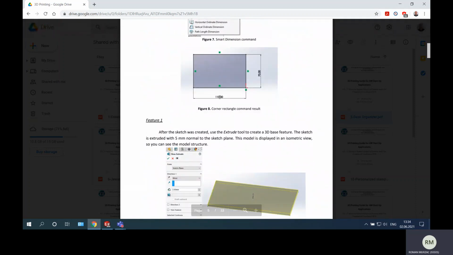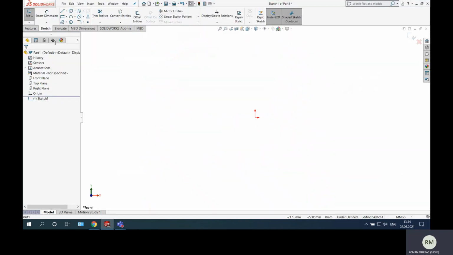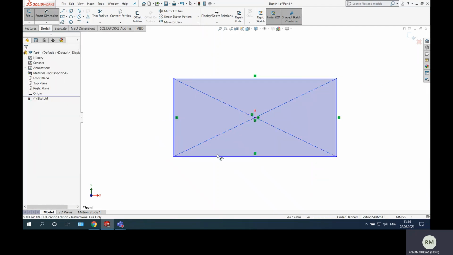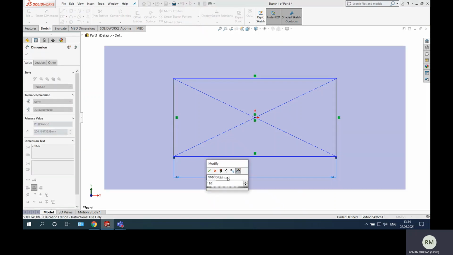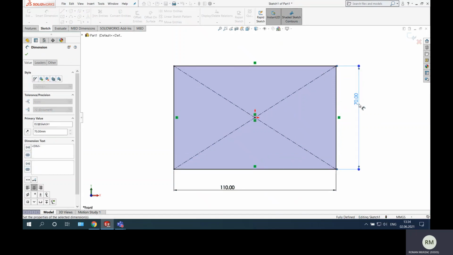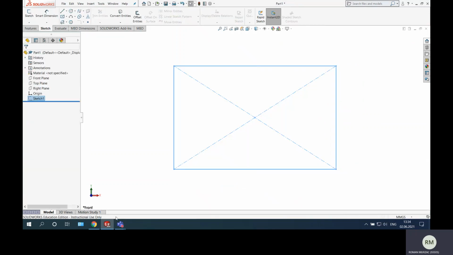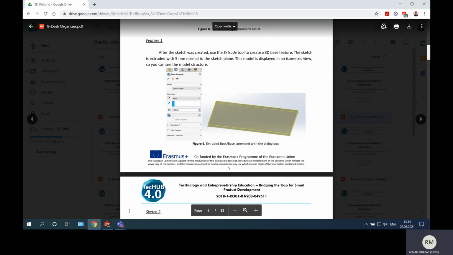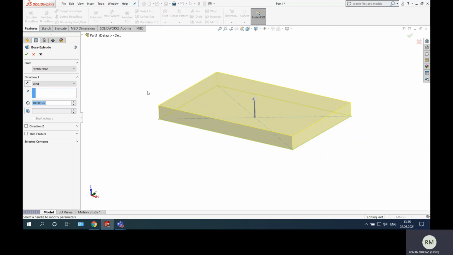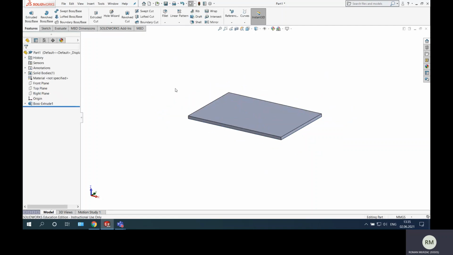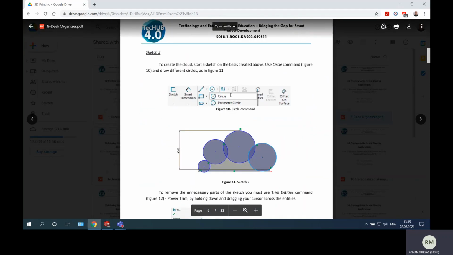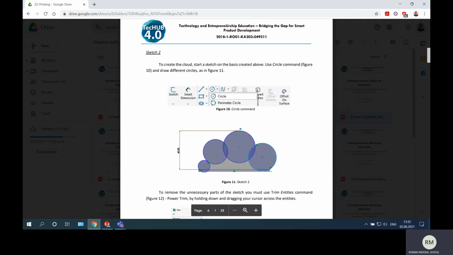Okay, it's a rectangle with 110 millimeters by 70 millimeters. So I take the center rectangle, start from origin, and say 110 millimeters and 70 millimeters. 70, not 700. Exit and extrude this with 3 millimeters. Okay, rotate, go to feature, take extrude, and say 3 millimeters for this. Okay, we obtain the base for our organizer, and now I will create a lateral sketch, and there I will draw